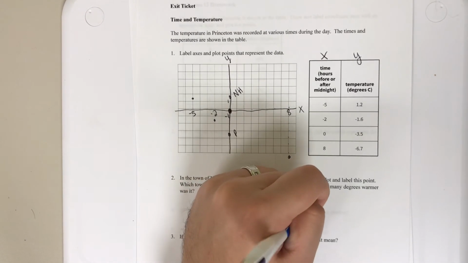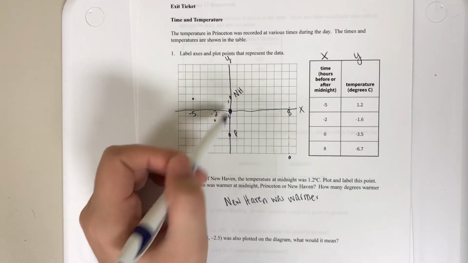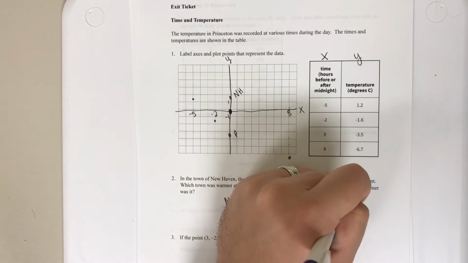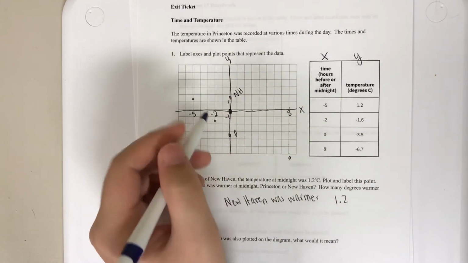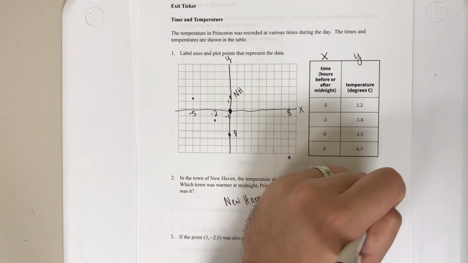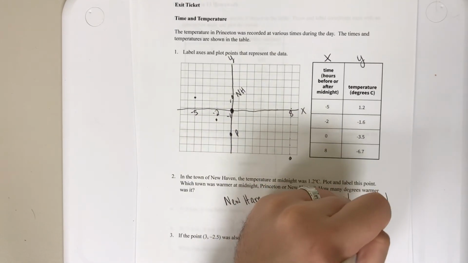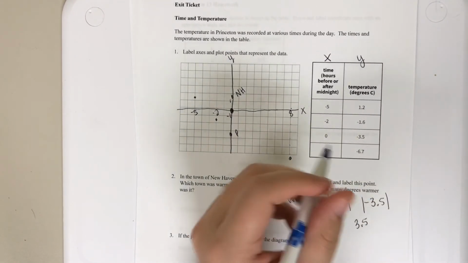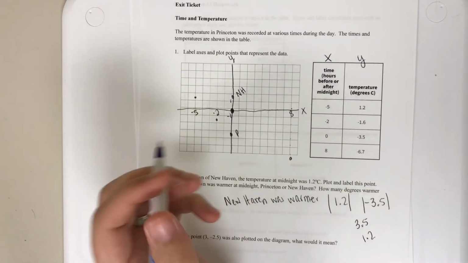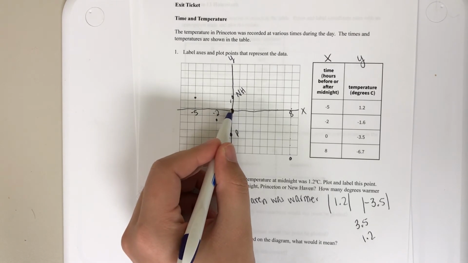And then we were asked how many degrees warmer. Well, this vertical, right, so we're going to calculate the distance between these 2 points. So I have 1 and 2/10, and I have -3 and 5/10. What I'm going to do is I'm going to find the absolute value of both of these numbers. So 3 and 5/10, and 1 and 2/10. The distance is going to be, so this, remember, is 3.5 away from 0, and then